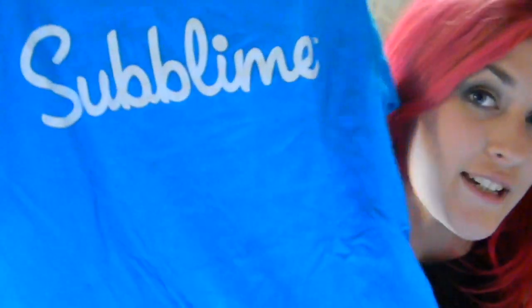As you guys know, I'm also a part of Subblime, so I went to the Subblime store and picked up some of the swag there, including a huge Subblime tote bag and a Subblime t-shirt, this really cool Rubik's Cube mug, which is so awesome, this little Lego notebook, which is super adorable, and I got this really